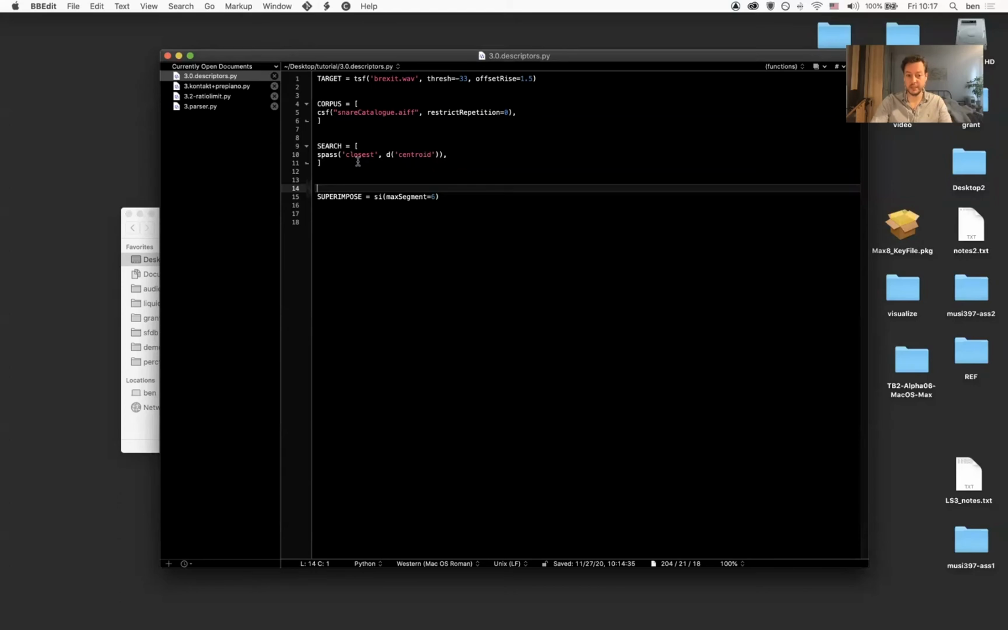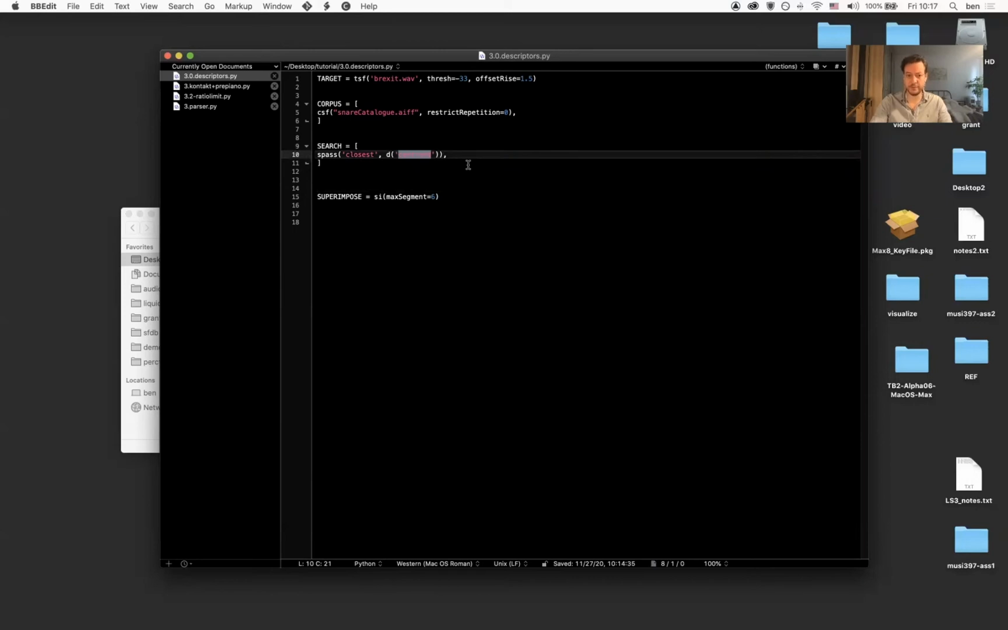Now, before I get into how the search variable works and the meaning of the different parameters you see on the screen, as well as the possibilities for constructing different kinds of searches in AudioGuide, I want to start just by talking about descriptors themselves. They are the metrics that we use in concatenative synthesis to measure similarity between sounds in the target and sounds in the corpus. They are, in a sense, where the magic happens,